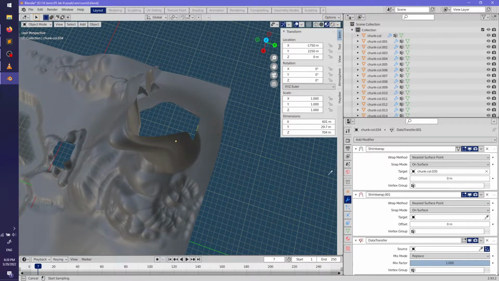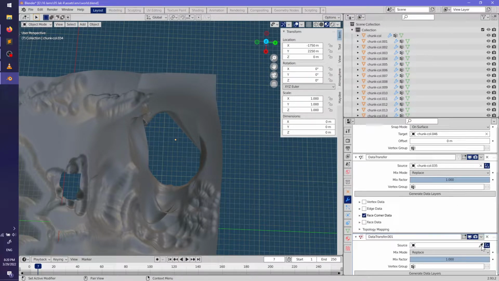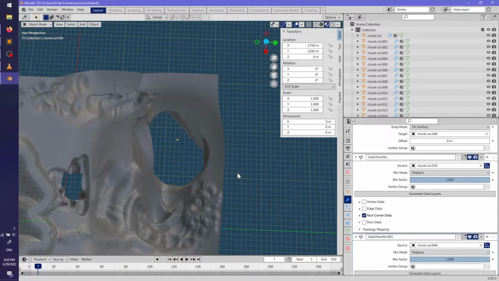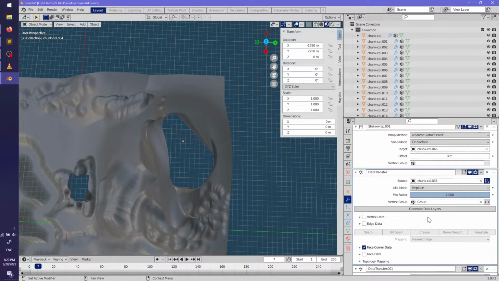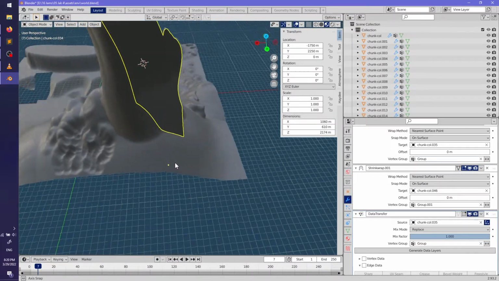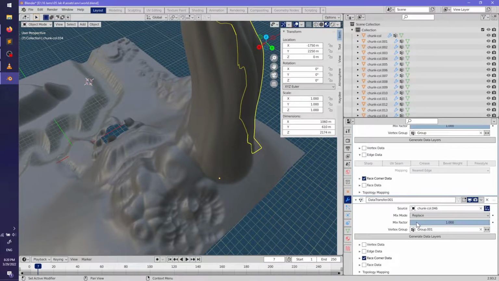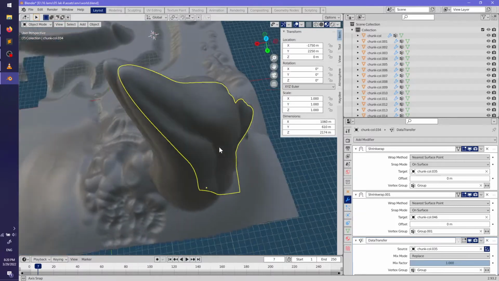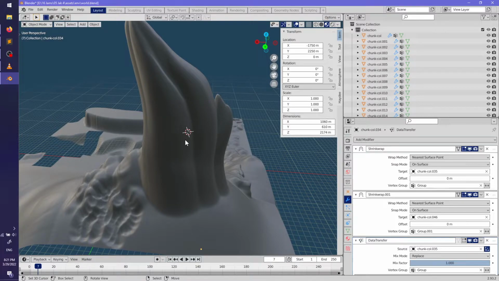Oh, right. Not quite right, though. Group 01. It's a dolphin. That's what it is. It's a dolphin.